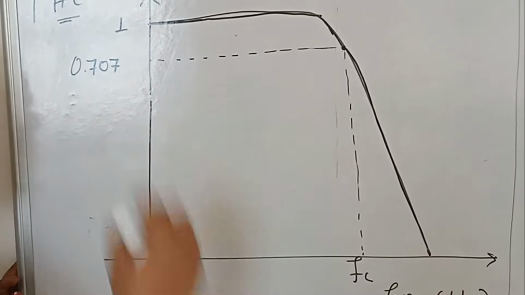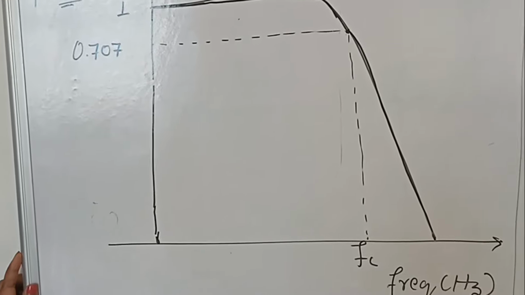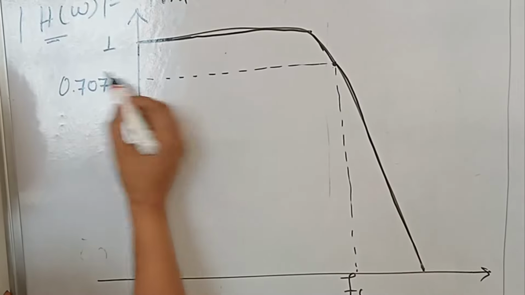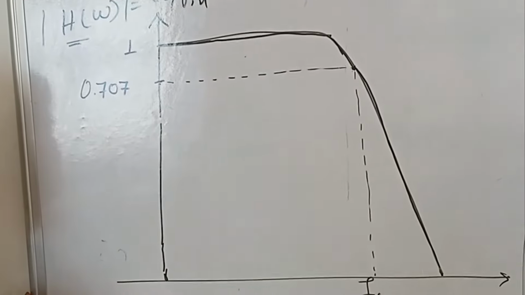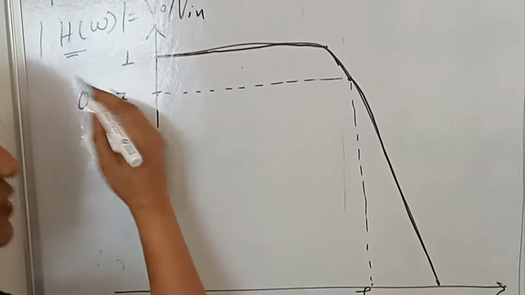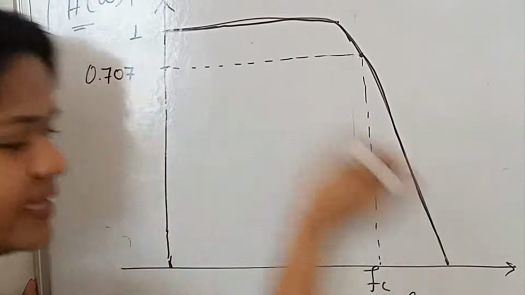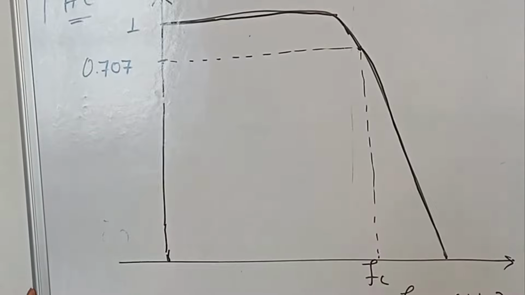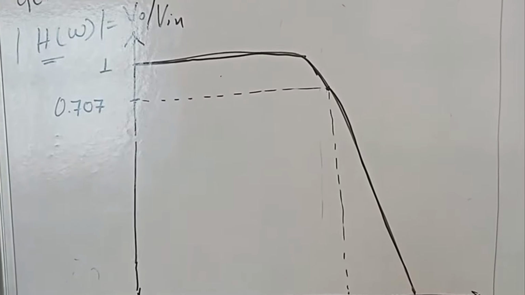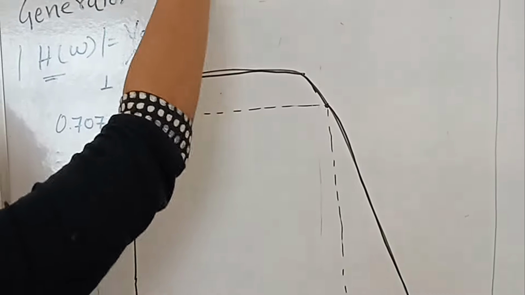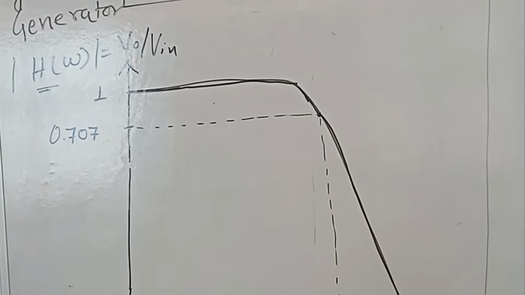Now, the question is, what is critical frequency? Critical frequency is a very important parameter of the filters. At critical frequency, the magnitude of this transfer function is around 0.707. So, you can normally say that beyond this critical frequency, there is a rapid decrease in the magnitude of the transfer function. So, that is why it is a very important parameter. And actually, this critical frequency depends on the value of R and C. The relationship between them we'll study at a little later stage.